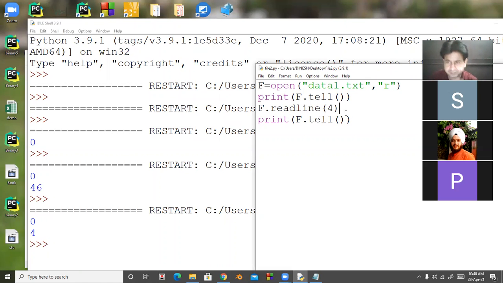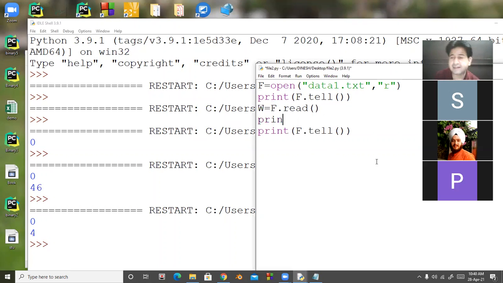Suppose I am reading the file, saving the data in variable w. After that, I print the variable.